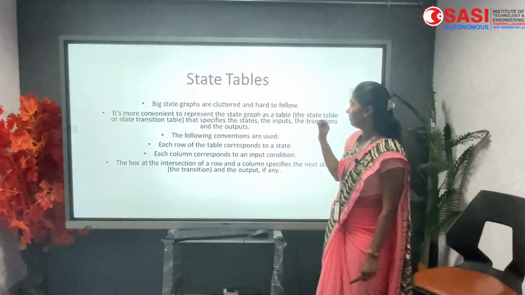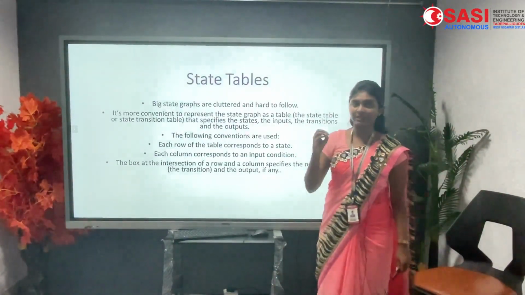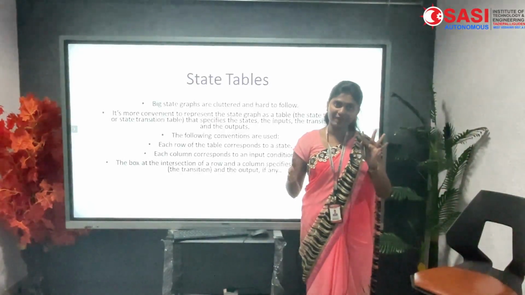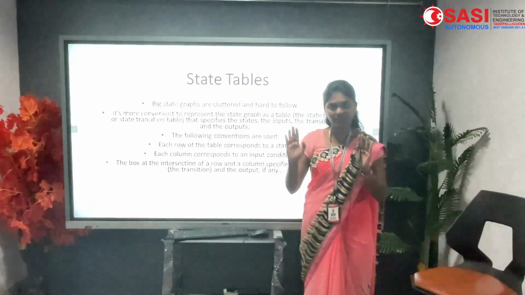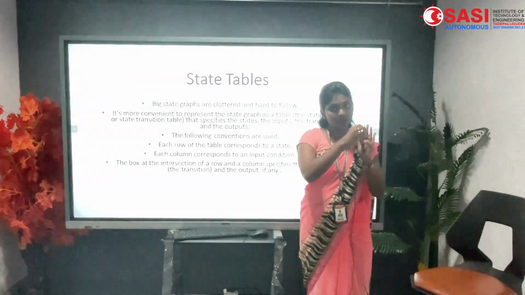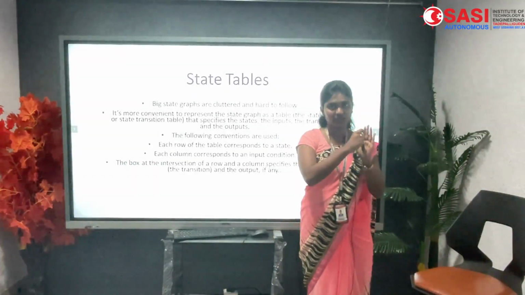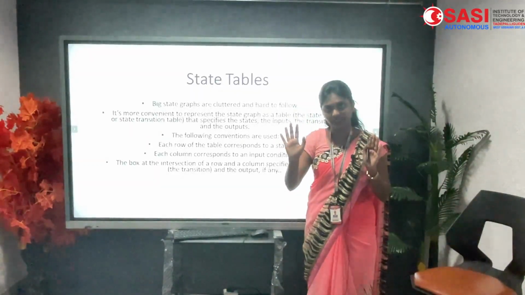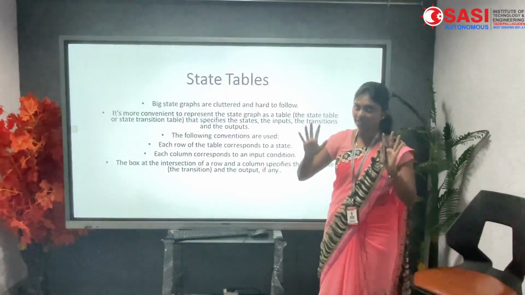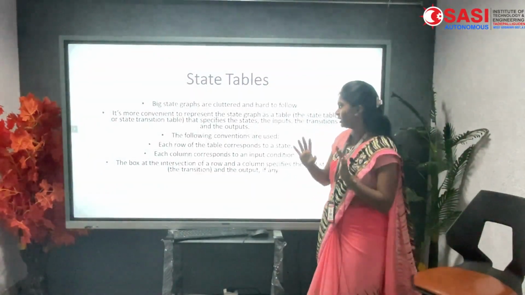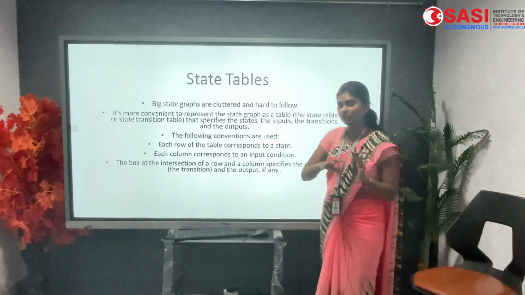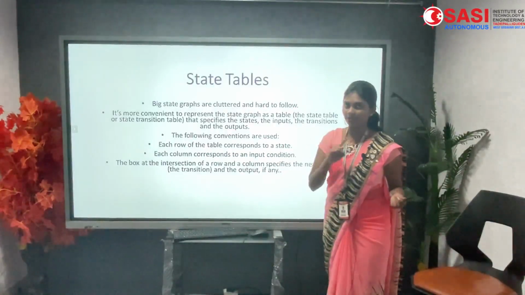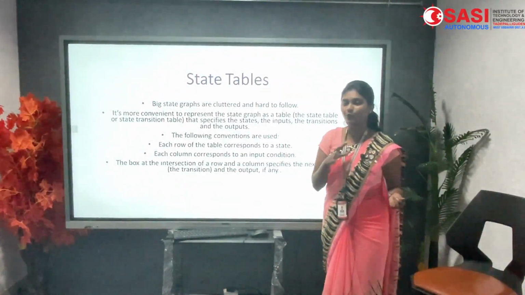Second, it is convenient for both cases, both for state transitions and state tables. State transitions mean graphical representation; a state table shows the attributes or the inputs gathered in the state graph. The state graph and state table are interconnected to represent particular inputs and outputs. These are the two points. If it is a big cluster, it is very hard to identify.